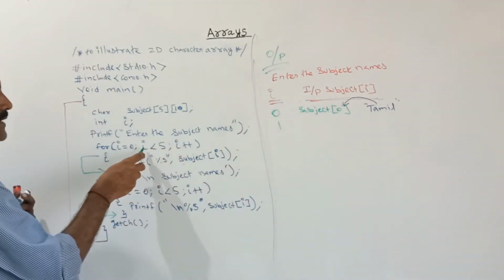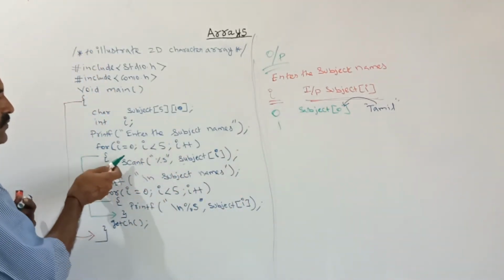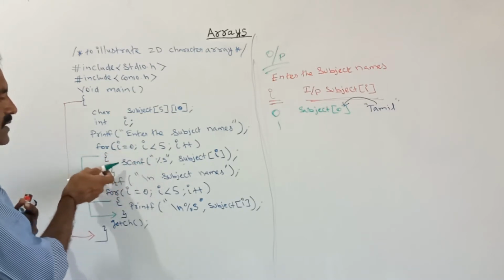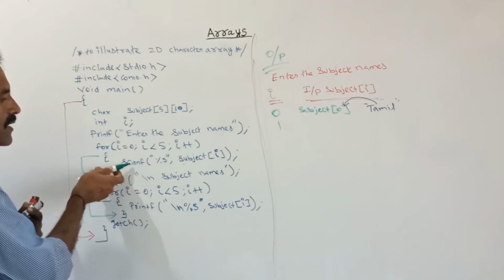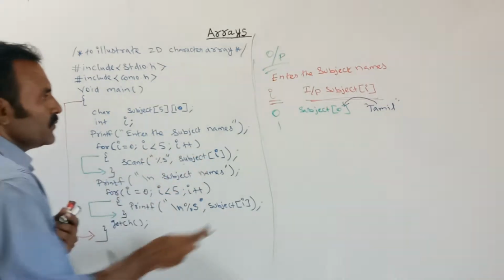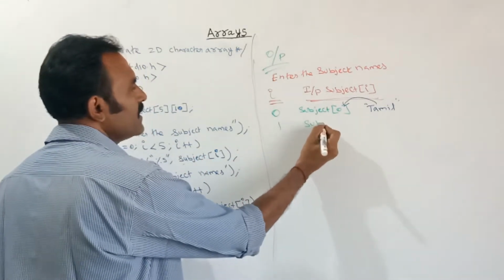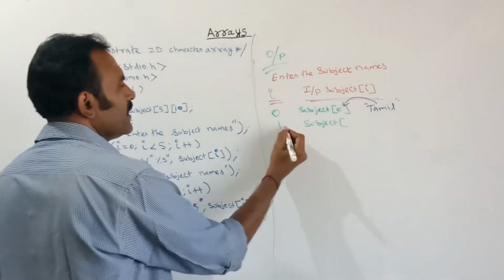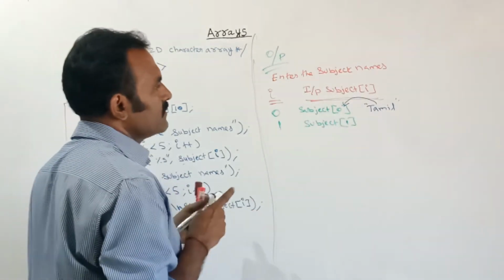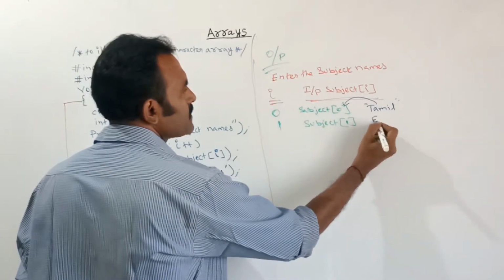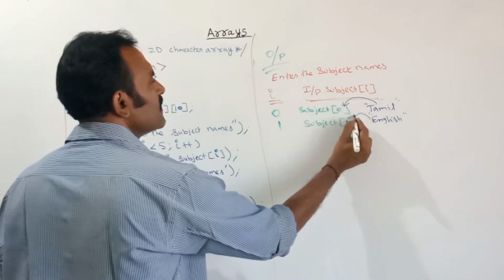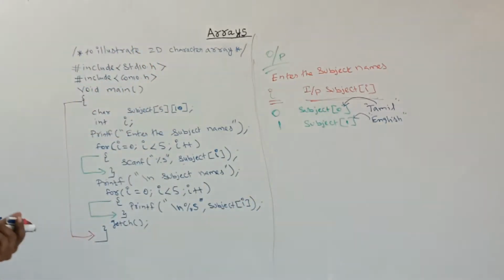So here now I value is 1. Next it will check the condition, 1 is less than 5. So again, once the condition is true, it goes inside the for loop. Inside the for loop, with the help of the scanf function, I am telling it to give the input to the subject of ith value. So what is the I value now? Here the I value is incremented to 1. Suppose you are giving the subject name English, this string English will be stored to the location subject of first location.